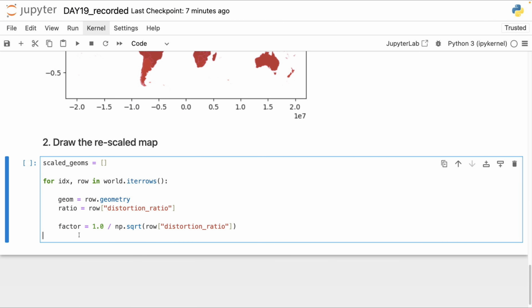define the distortion factor. So here we have to take the square root because we are going to scale the polygon outlines, so how far they are from the centroid point essentially, which is a linear dimension quantity, while we have the distortion ratio as the area ratio, which is scaled by the power of 2, like the area of the polygons. Then we will pick the centroid